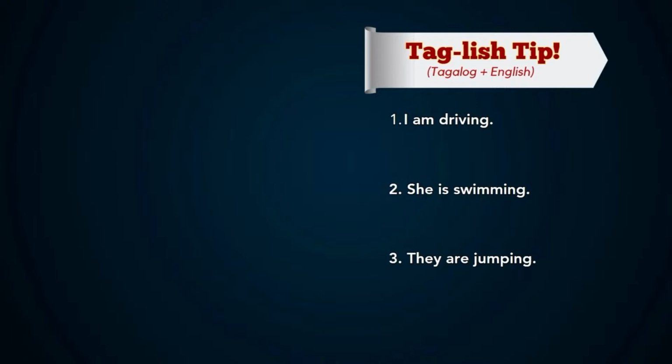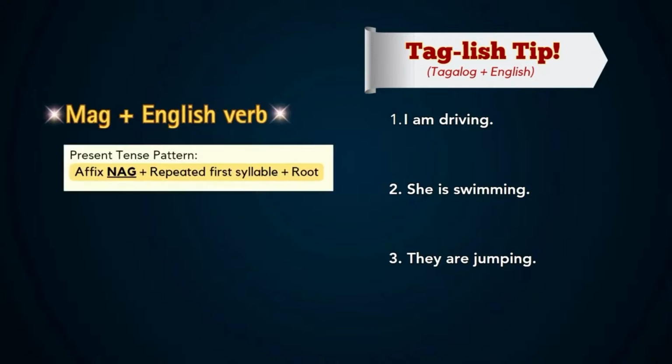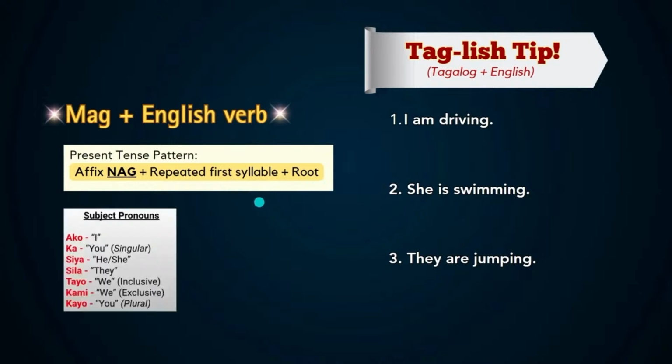But you could always turn them into a mag verb. So mag plus the English verb. And then you could just conjugate it in the present tense using the pattern we learned. Affix is nag. Then there's the repeated first syllable and then the root. And then use the subject pronouns like we learned. So what if for number one, I said, I am driving, and I told you to use the verb mag-drive. Now you could conjugate it as